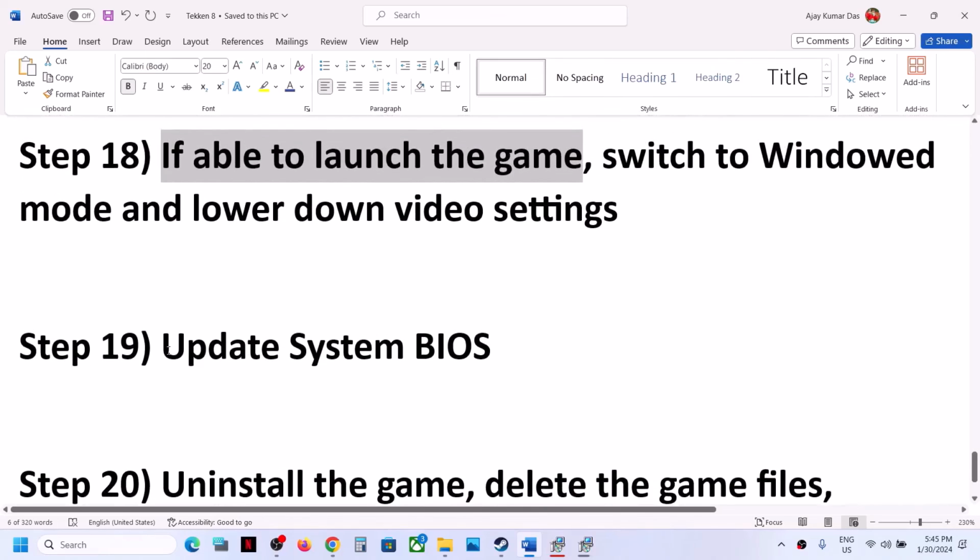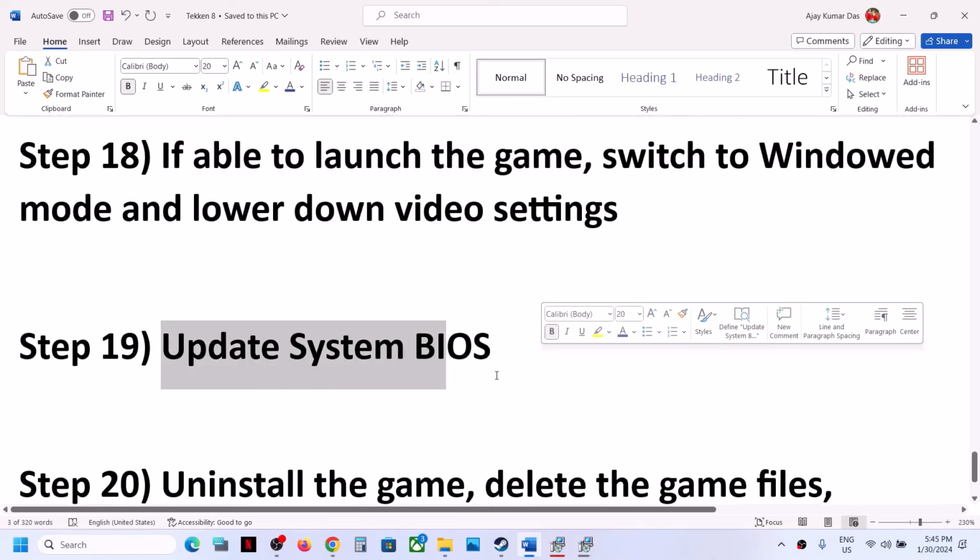Next step is to update the system BIOS. So to update the system BIOS, go to your system manufacturer website. So if you have a Dell computer, go to the Dell website. If you have a Lenovo computer, go to Lenovo. If you have an HP computer, go to the HP website. So go to your system manufacturer website, select your model number, make sure that you select your computer, and then